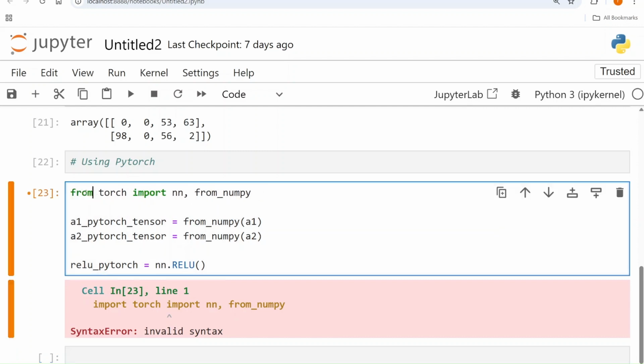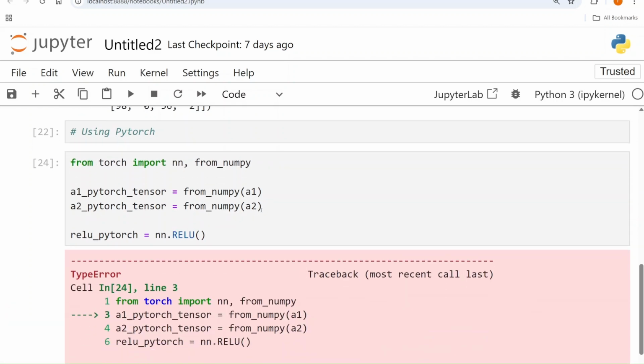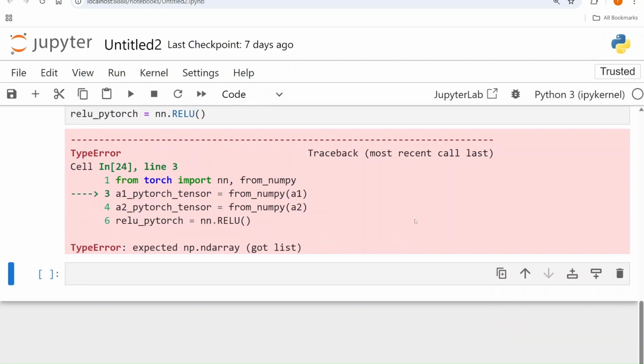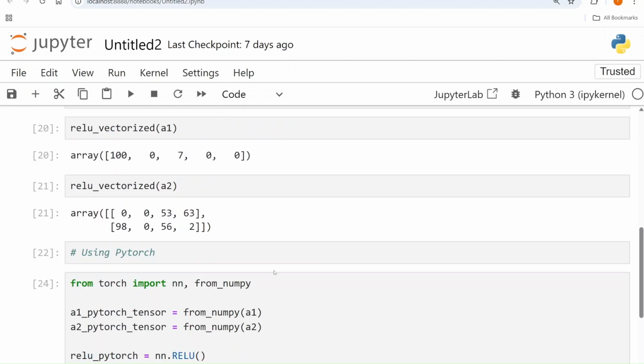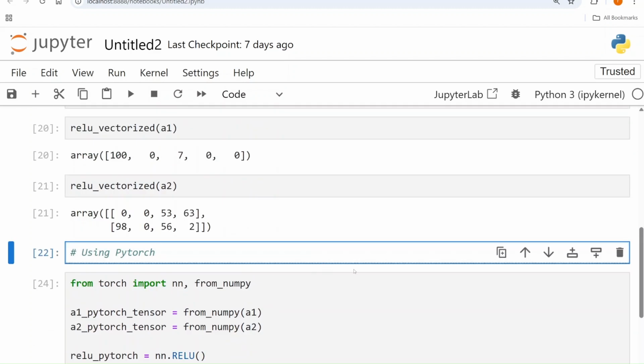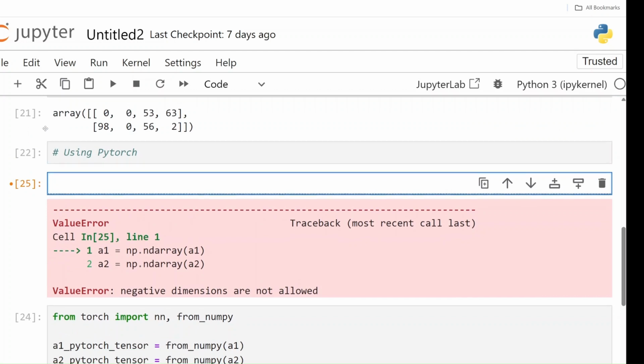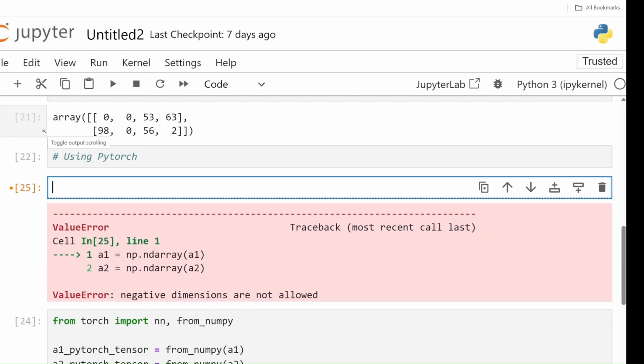Okay, we just have to write this from Torch import nn, and the error is expected np.ndarray. Okay, let's convert this into an ndarray. Let us convert A1 and A2 into NumPy arrays.